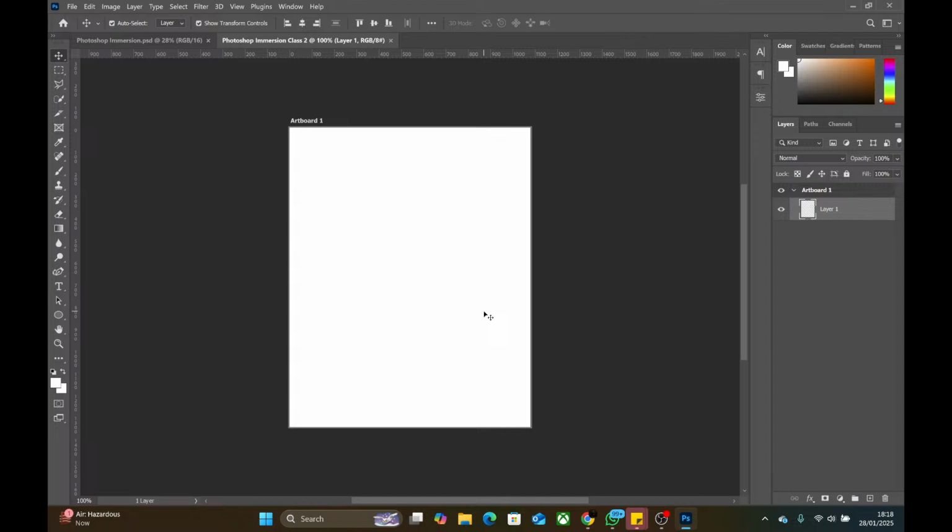Okay, now for people who just downloaded their Photoshop today, there is something I explained yesterday about how to organize your screen. You need to watch that video because when you first open your Photoshop, this is not what you will see.